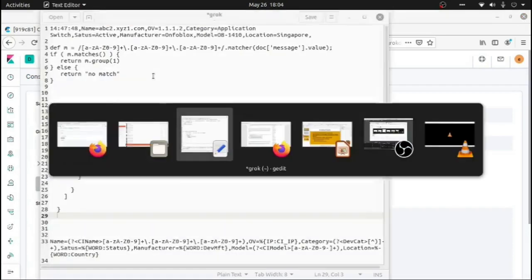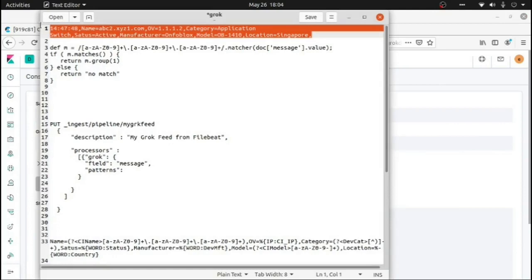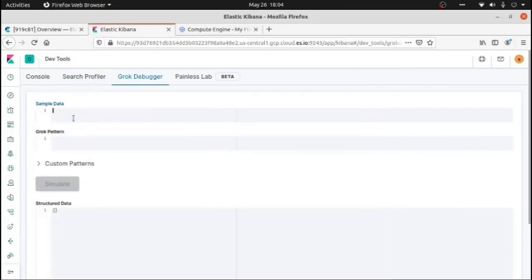I'll go back to my sample line and paste it here as the sample data. Now we'll have to define the Grok pattern. I'll show you one example. Let us see how we can extract this specific data. The first part is the literal value that marks the starting point, and then you provide your field name. So I say CA name,